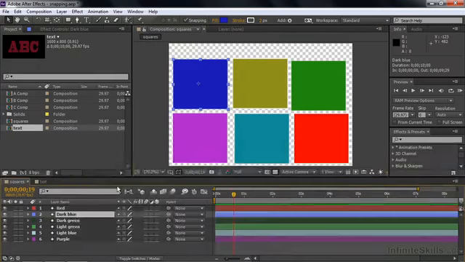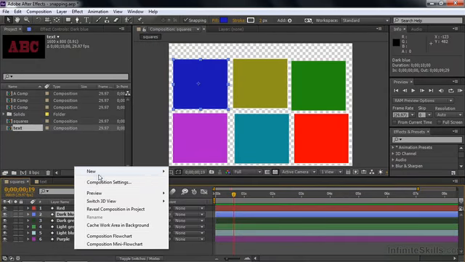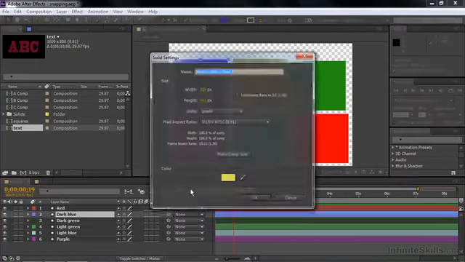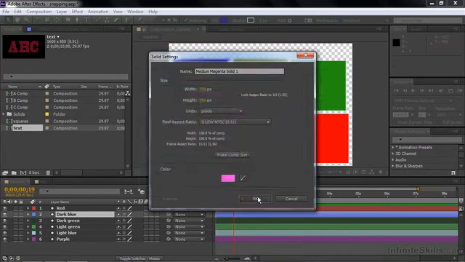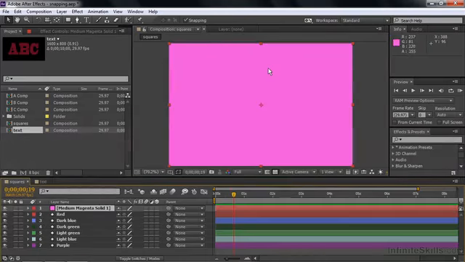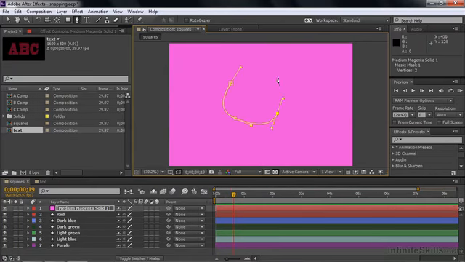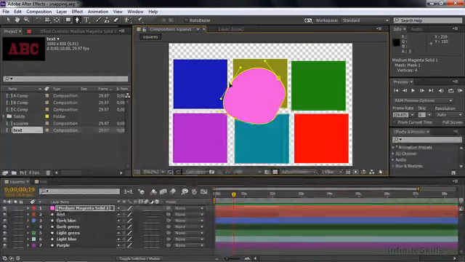You can also use it with a mask. I'm going to add a solid layer here, new solid. We'll make it a color that's pretty obvious, and put it right on top like that. I'm going to take the pen tool and draw a quick mask here. And now if I take this guy over here using the selection tool with masking turned on,